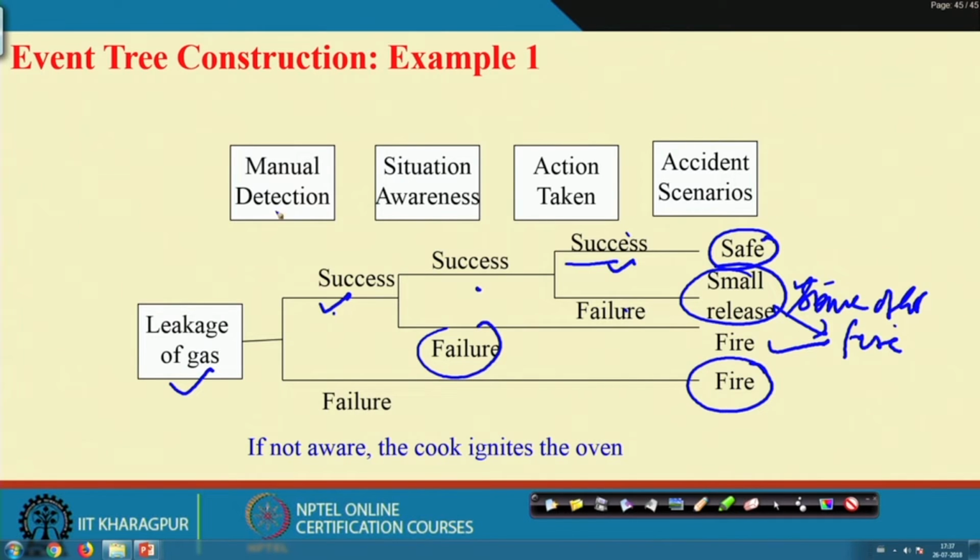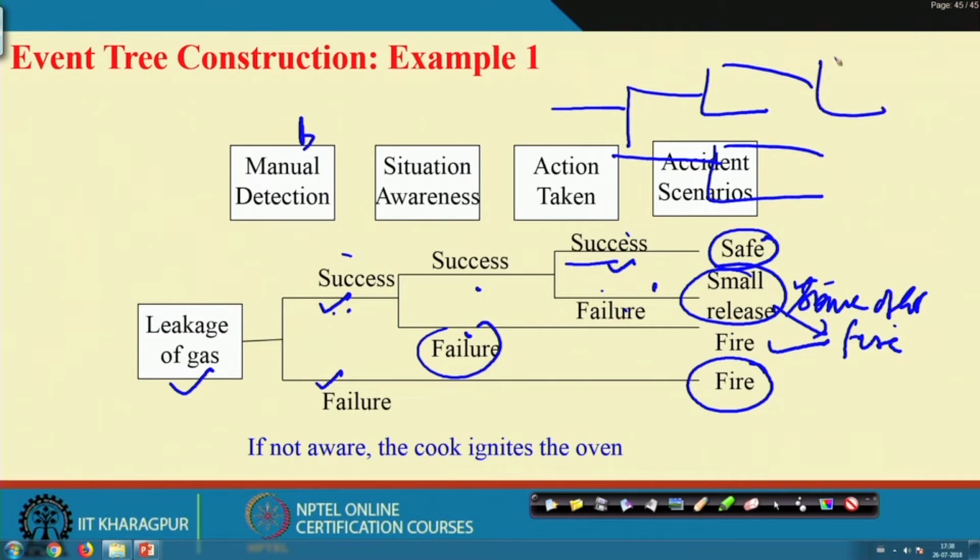Your job here is to understand, given an initiating event, how the protection configuration of the system works. Protection configuration is not only a single layer or single barrier; it will be multiple barriers, maybe in sequence, one after another. If the first barrier fails, what will happen? You must have the system knowledge. If the first barrier is successful, then the second barrier may fail. If the second barrier is successful, the third barrier may fail. Maybe all that branching will take place, so a lot of branching will be there.